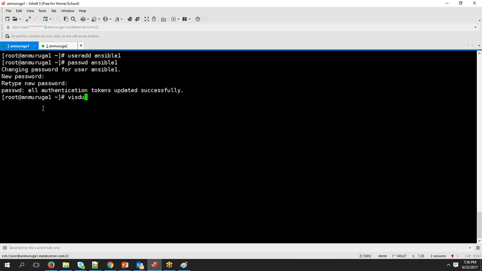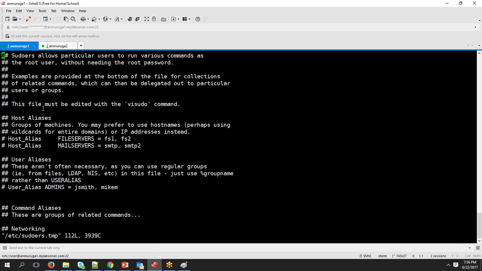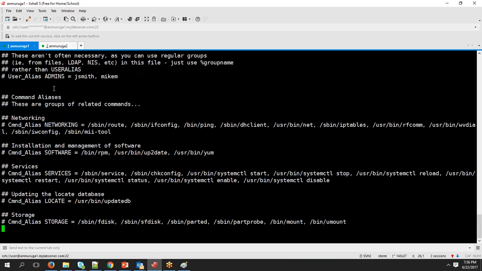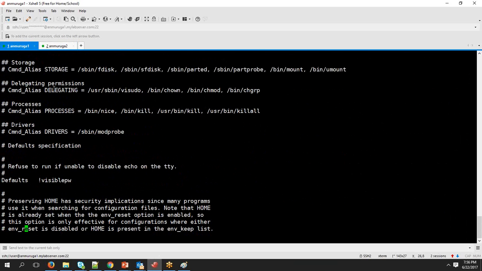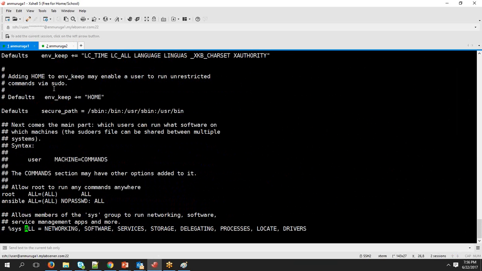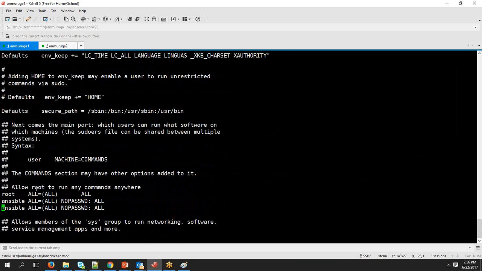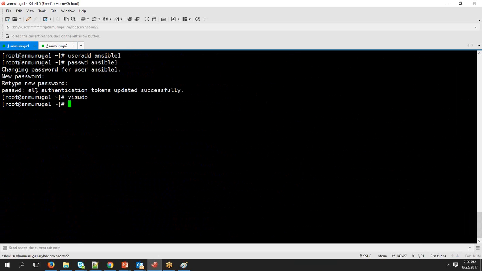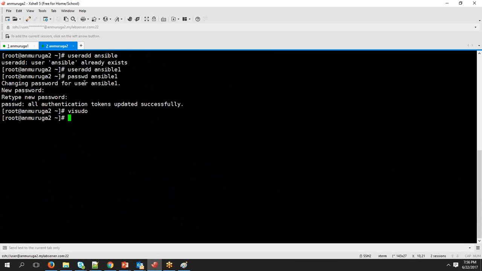So pretty much you say vi sudo, it will open up this file, and here there is an account that is added. So to this, I will add this. By this, we are trying to add the account to the sudo users list. Okay, so now if you want to check, you can switch to this account and see whether the sudo is